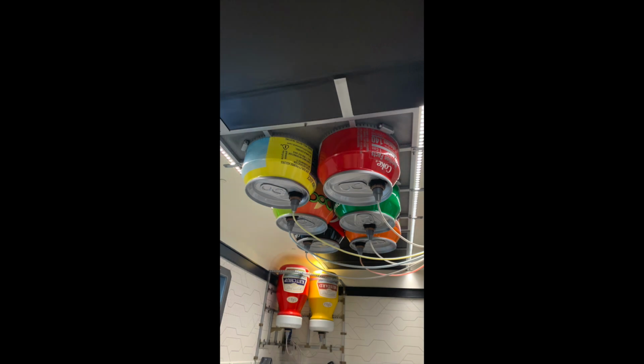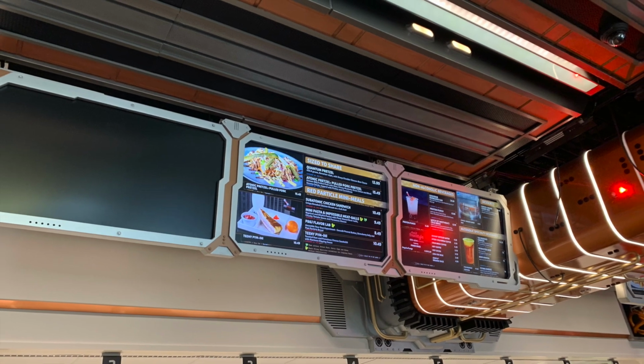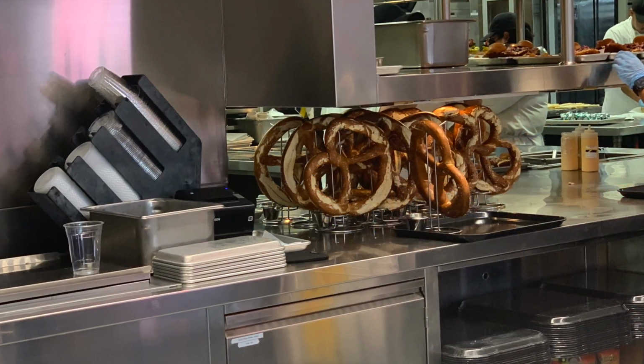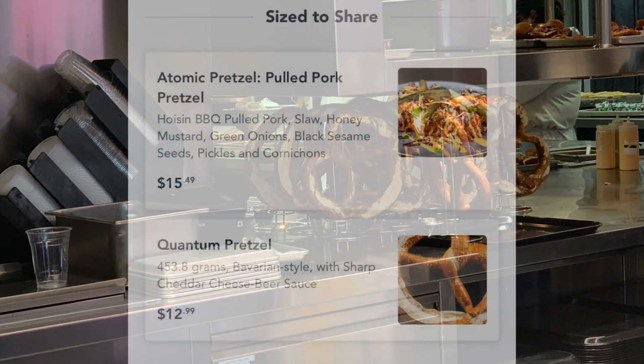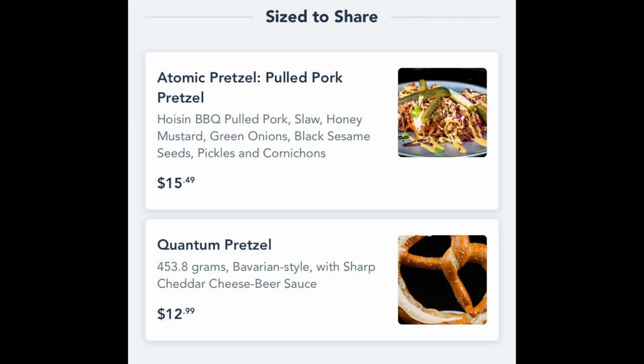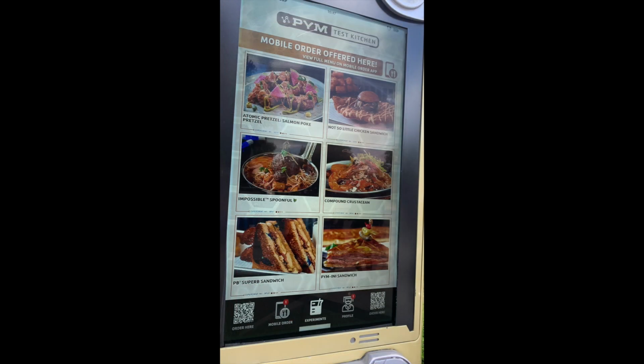Here's my suggestion if you want to eat at Pim's. I do it later at night after the sun has set. Avengers Campus doesn't have a lot of greenery or water features and can get very hot and very busy midday. And since there's only outdoor seating available that's somewhat limited, I do a bit later dinner